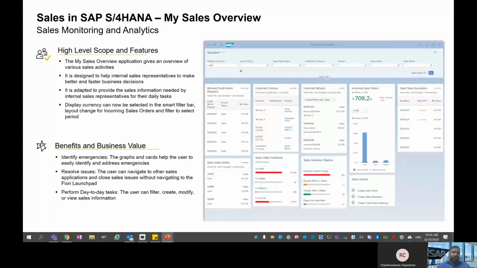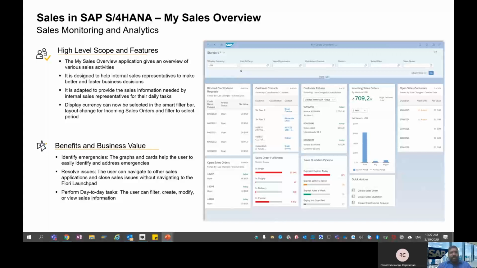So how can that be attained? You can see over here, he can also display currency with the smart filter. The incoming sales order layout can be changed. Now he can filter for a selected period. And you can see multiple graphical cards here.